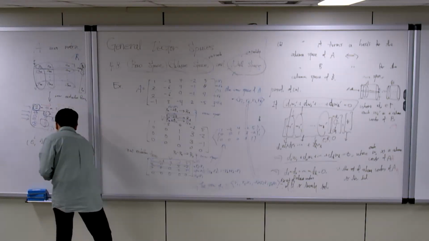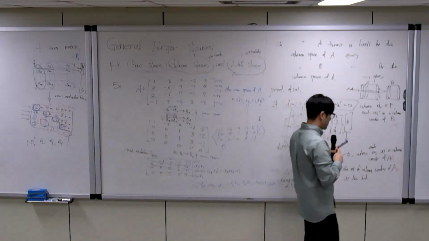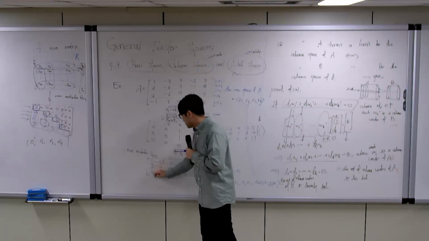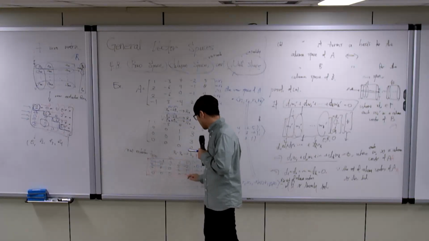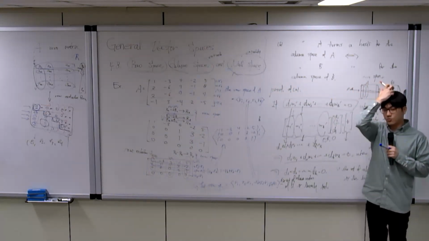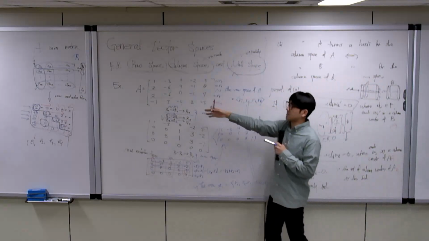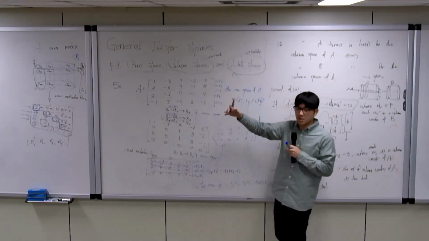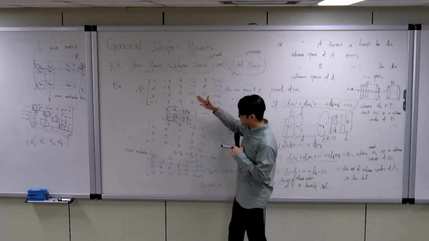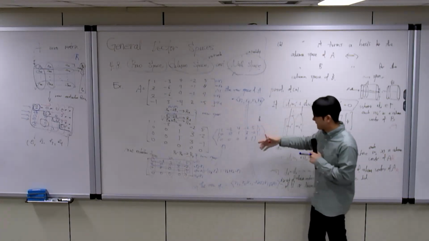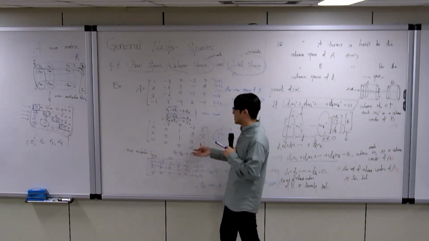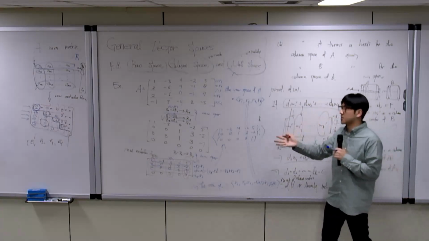And also, when you consider the column space, of course, the column space will not be the same as the column space of A, because we use row operations and it will change the column space. But when you consider linear independence or the dimension or some information of the vector space,